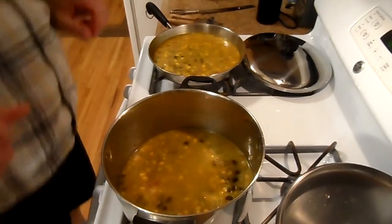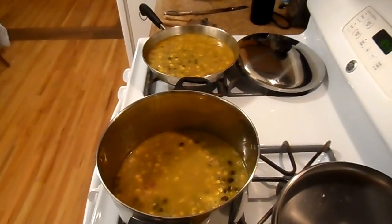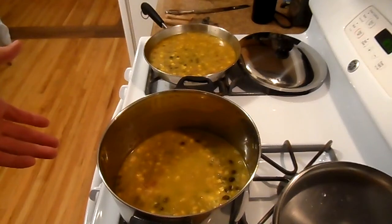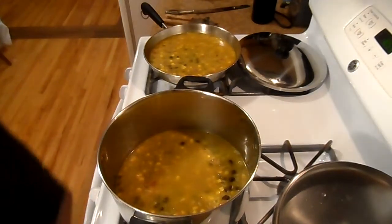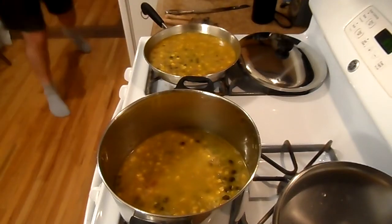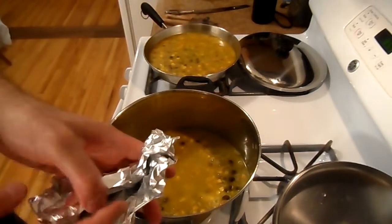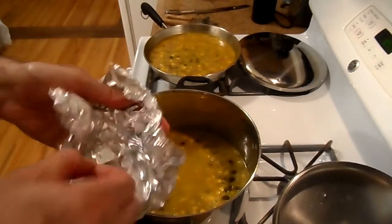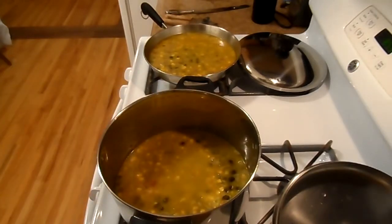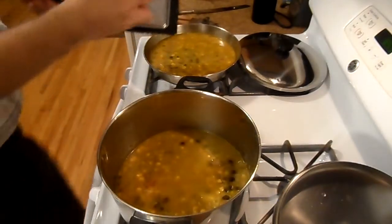The only thing I haven't done yet, I haven't added the Parmesan cheese, and I haven't added the salmon roe caviar. Tonight I don't have any salmon roe caviar, so I'm going to have to bypass that tonight. But I do have Parmesan cheese, so at least that part will still go into it. Go ahead and...